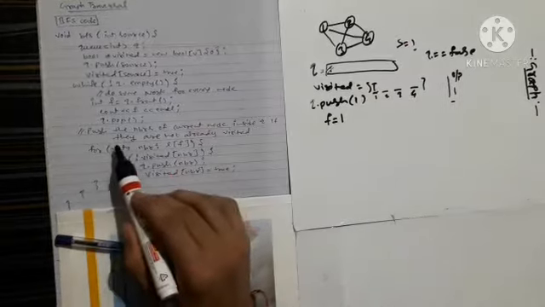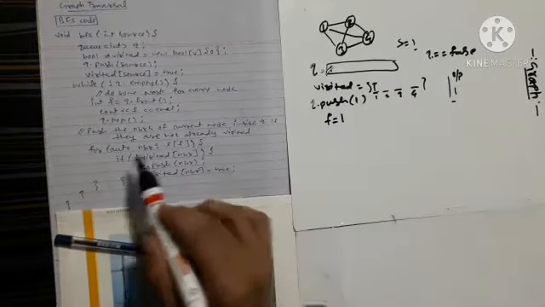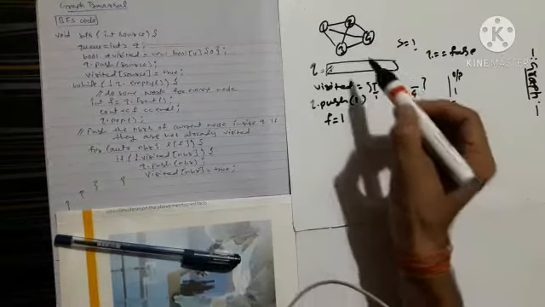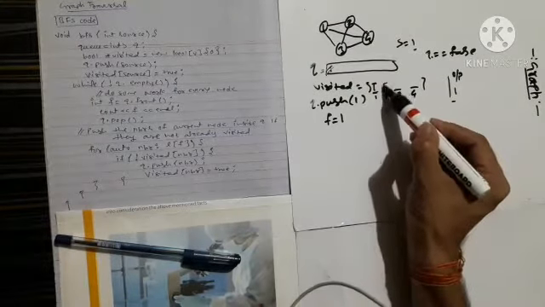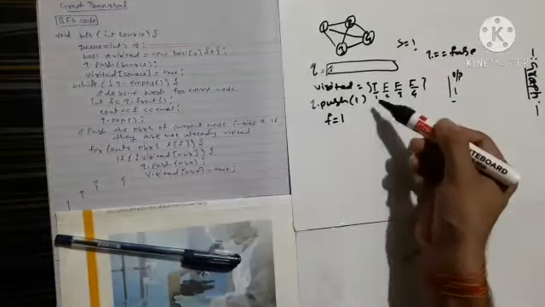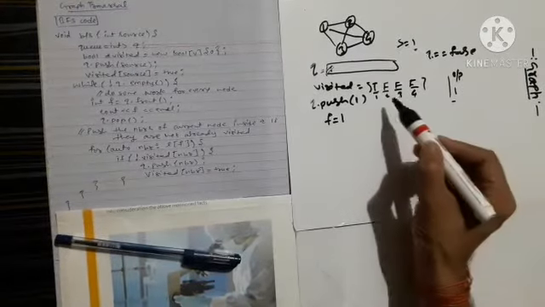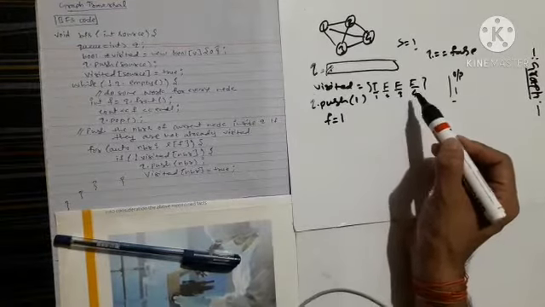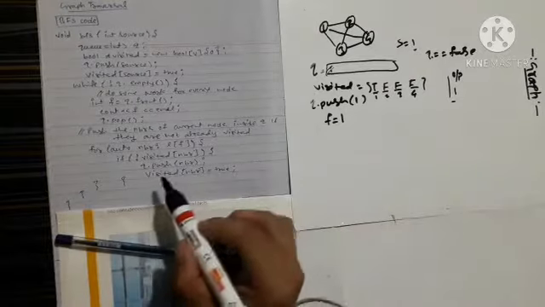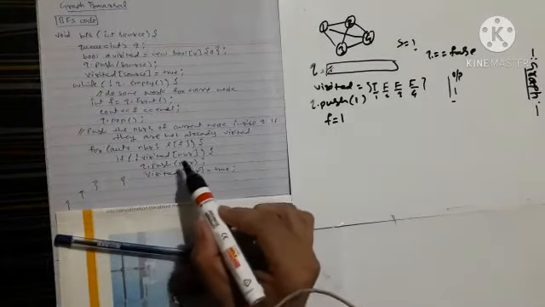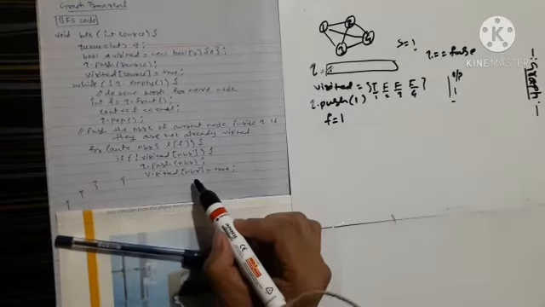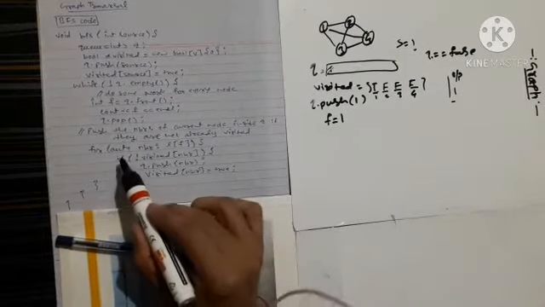This function pushes the neighbors of the current node inside the queue if they are not already visited. Now I'll check 2, 3 and 4, which are the neighbors of 1, but initially they are false. You can see in the second line I made all of them false, because I have only visited 1, so I made it true. But 2, 3 and 4 are false, so I will go to each neighbor and check whether they are already visited or not, and then push that neighbor and make the visited array true.